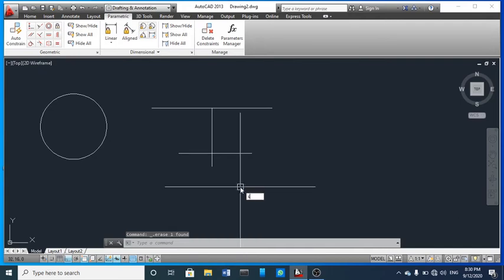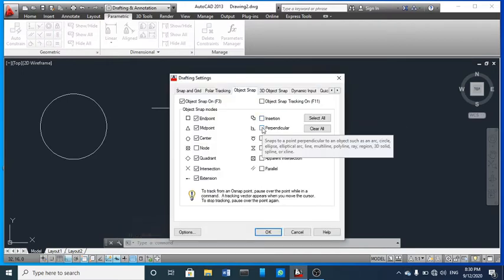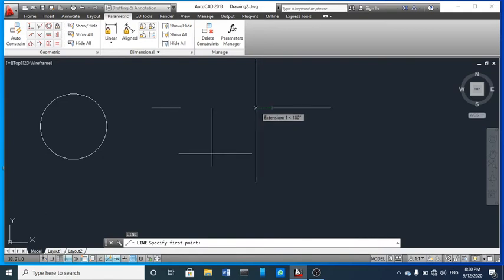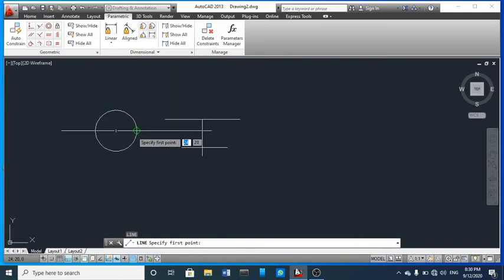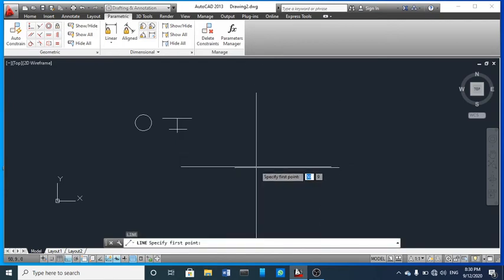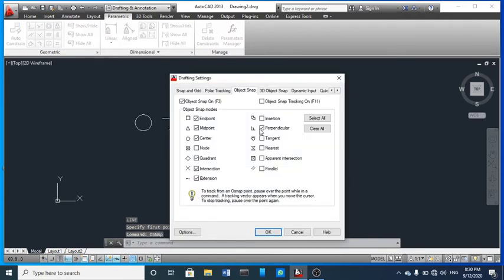So next come to another. This is called intersection, and this is called perpendicular. So I am going to choose perpendicular. Let's see perpendicular. Now if I am going to draw any line here, let's see, I am going to draw a line. Now again I am going to draw any perpendicular. This is not showing because I have not chosen it. So let's select first perpendicular, yes, okay, and then the rest I am going to remove. So you can see it easily.